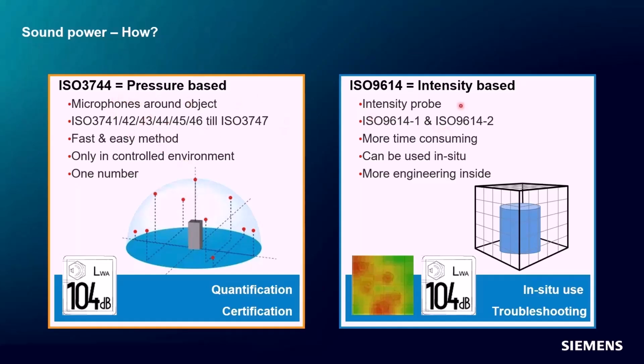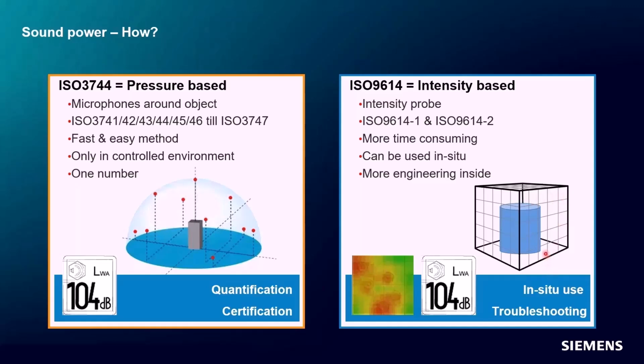On the other hand, if you want to do the intensity based measurement, around the sound source, you create a measurement surface, like an imaginary measurement surface. You can create a grid like this, for example, and if there is a sound source, you are measuring around the sound source, you have to measure intensity at each of these grid points. You can take that area into account to calculate the total sound power. When you do this discrete point method for this sound intensity based sound power, that can take a little bit of time because you have to measure at each point individually.